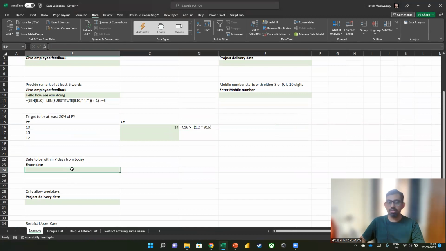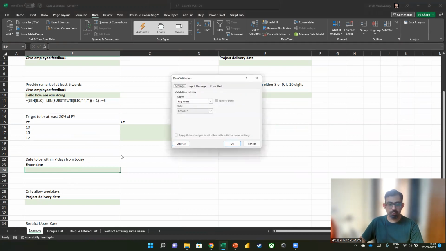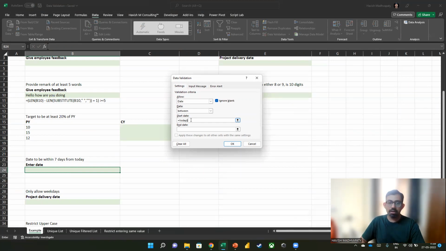Let's also make sure that the date has to be within 7 days from today. So we go to data validation one more time. Now we do have an option for a date where we say start date and end date, right? Now it is saying between start date and end date. Now, if I put in the start date as today, and if I put the end date as today plus 7,